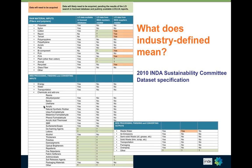So now that I've laid out who we are and the tools that we're building, let's apply that to the task at hand, which is to create an industry-defined data set. And I'm going to ask Rich to step in and talk about this particular goal. Rich? Thanks. So here, what the Sustainability Committee at INDA looked at were what are the key